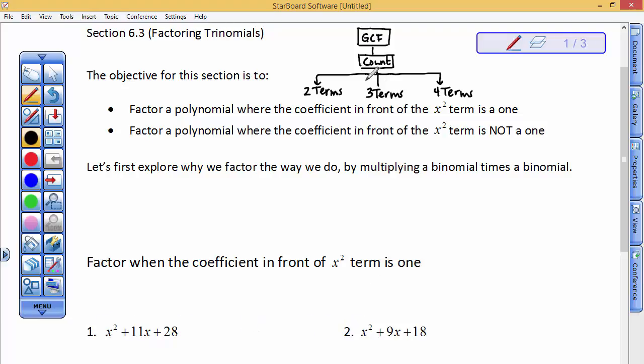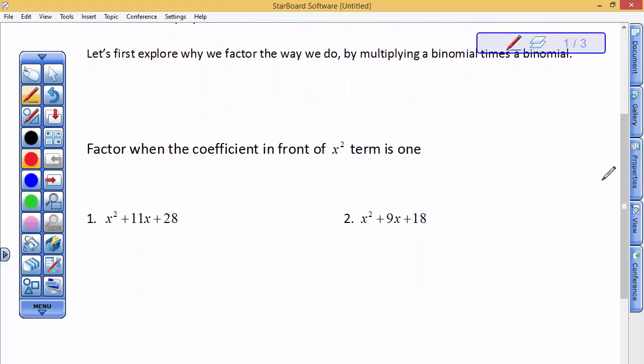We're working with now three terms. So again, this says factor a polynomial where the coefficient from the x squared term is a 1, and we will get into factoring where the coefficient is something other than a 1, a 2, a 5, a 12, a 24, a 100. It can be anything. So before we go into this, let's just take any old binomial times another binomial and